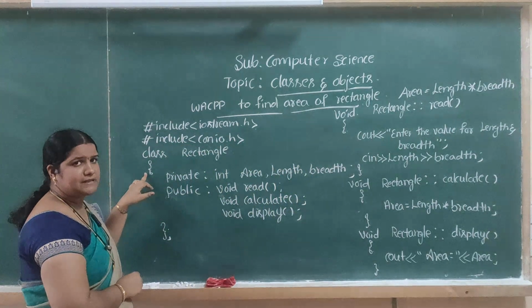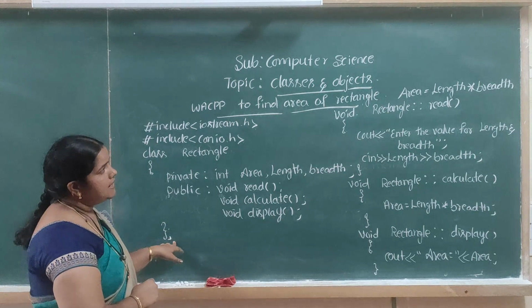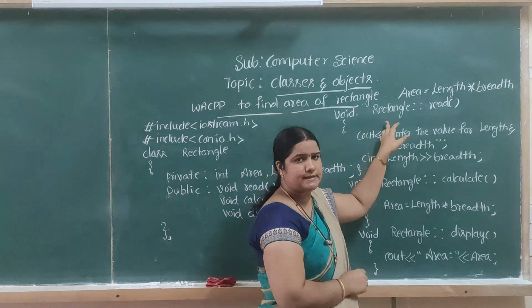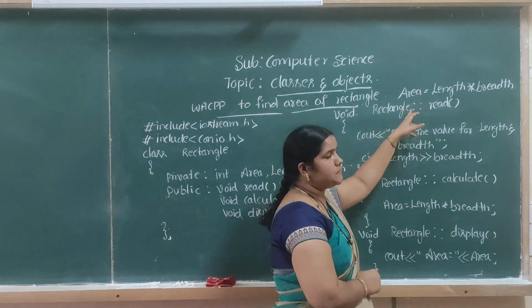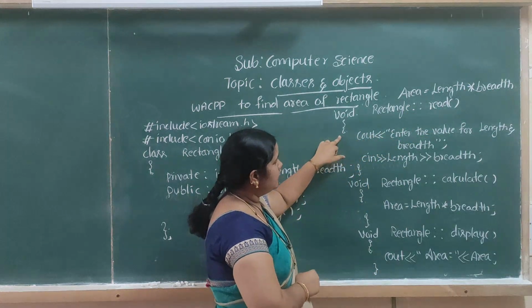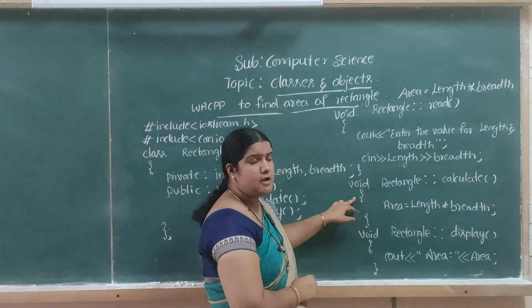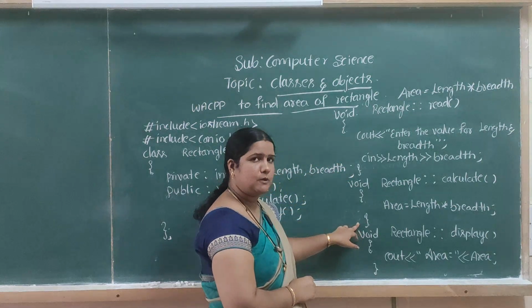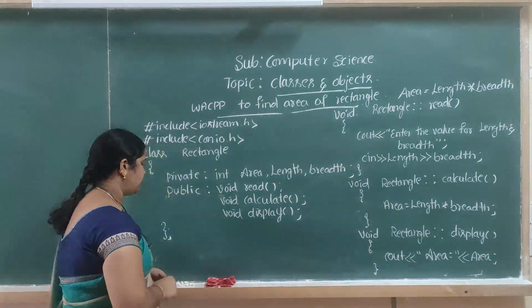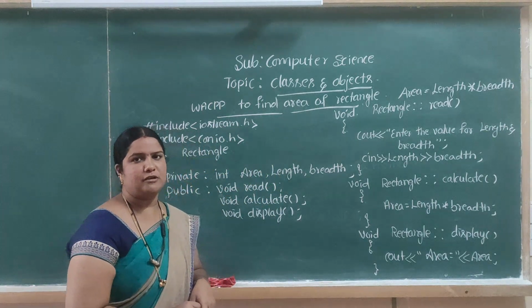The opening brace will be there, and the closing brace must be terminated with a semicolon. And next one, void, we are using one of the accessing member functions outside the class using the scope resolution operator. In this example, the opening brace will be there, it will be closed, and this member function will be accessed using an open brace, and this brace will be closed. And next one, every C++ program must contain the main function.